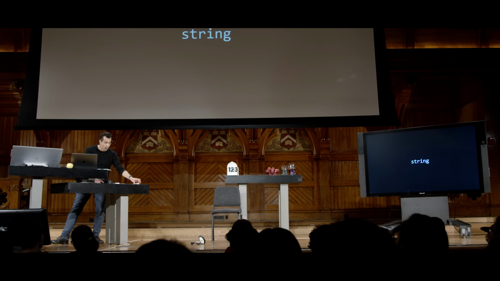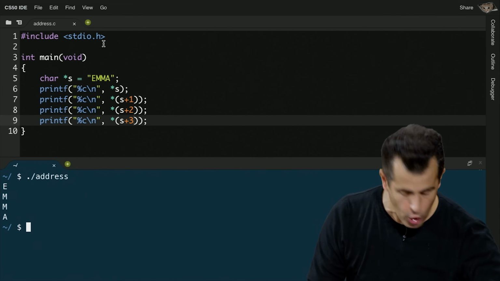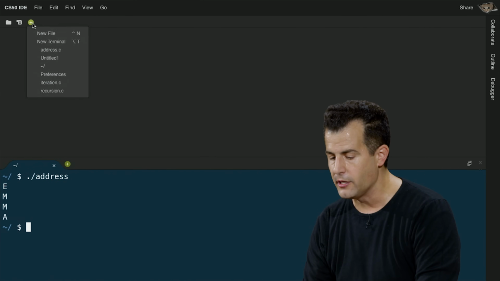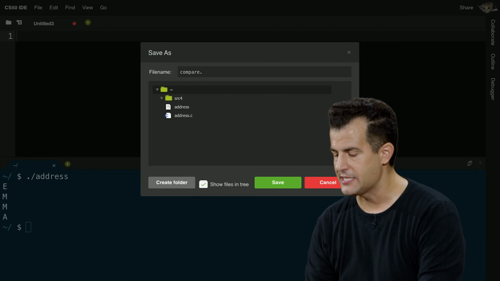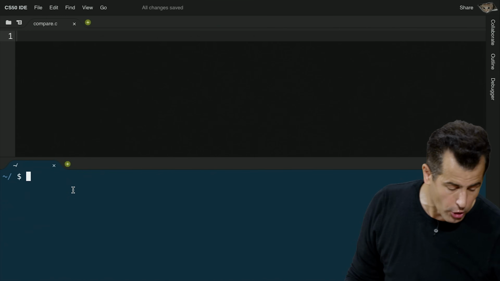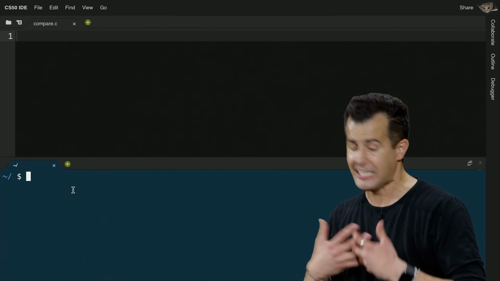All right, so what then do we have when it comes to strings? Well, let's now try to learn from these primitives and actually trip over some mistakes that we might otherwise make. I'm going to open up a new file and call this one compare, so we'll save this as compare.c. This will be reminiscent of something we started doing last week, and you've done this past week, particularly for implementing voting and comparing strings.